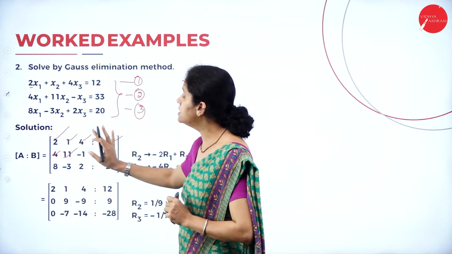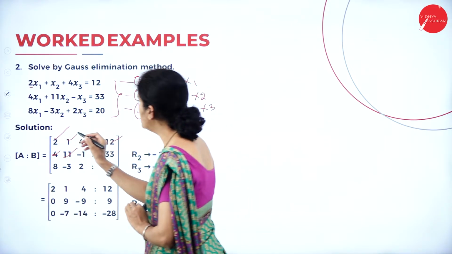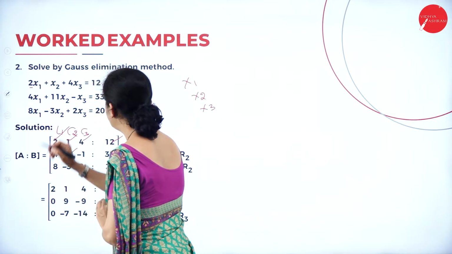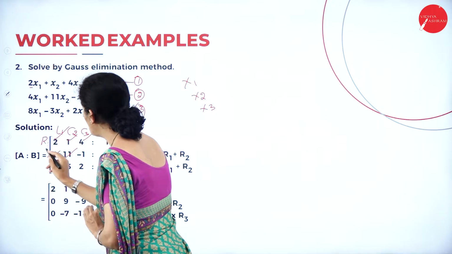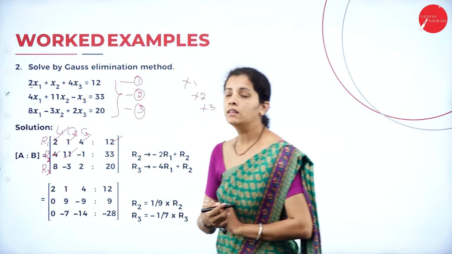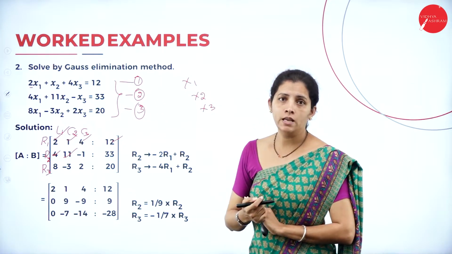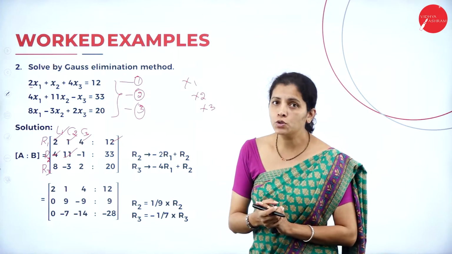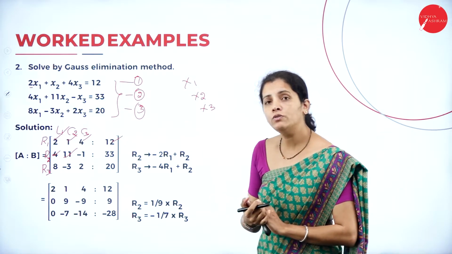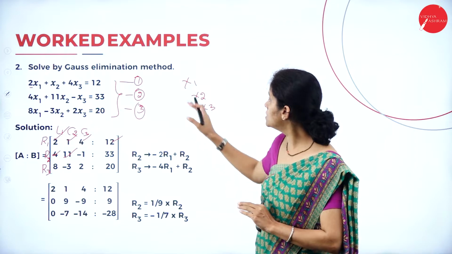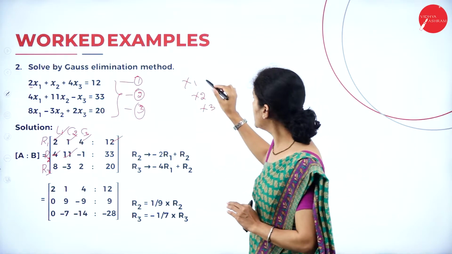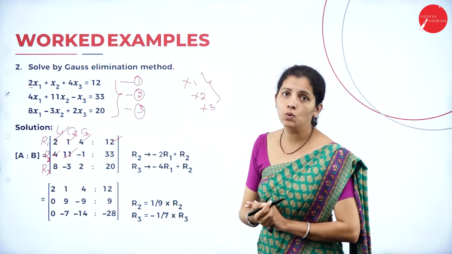Now let me consider this augmented matrix. Here this is my column 1, this is my column 2 and this is my column 3. And this is my row 1, this is my row 2 and this is my row 3. Now, what is the Gauss elimination method and why am I going to use it? By using the Gauss elimination method, I'm going to find the solution for 3 unknowns, x1, x2 and x3. Now, how am I going to find the solution of these 3 unknowns? That is through